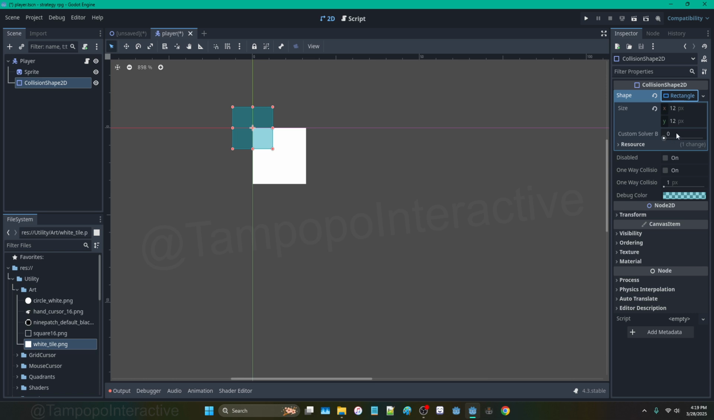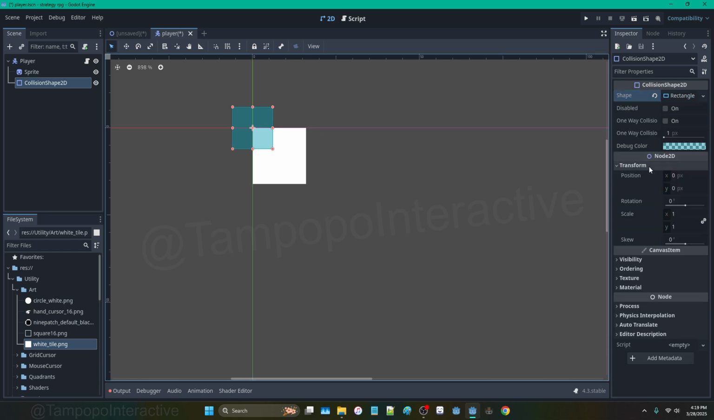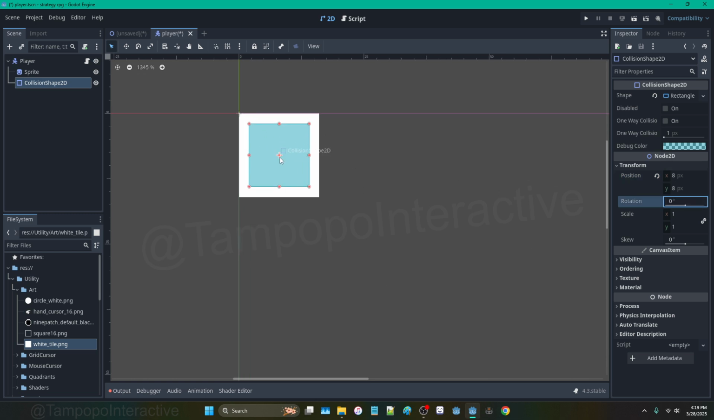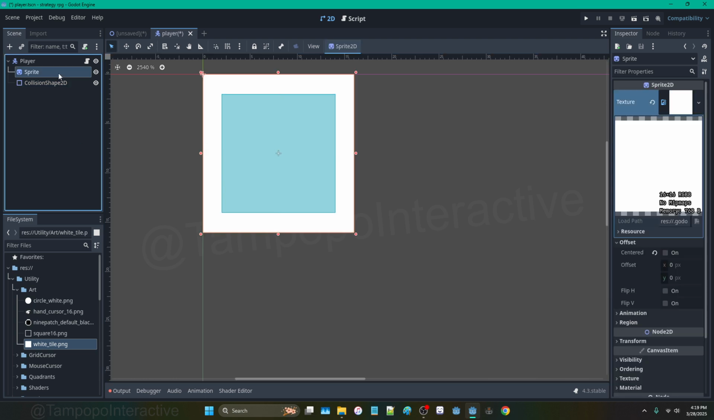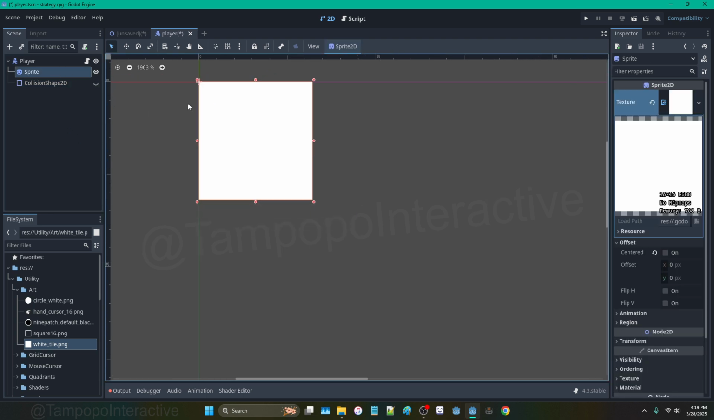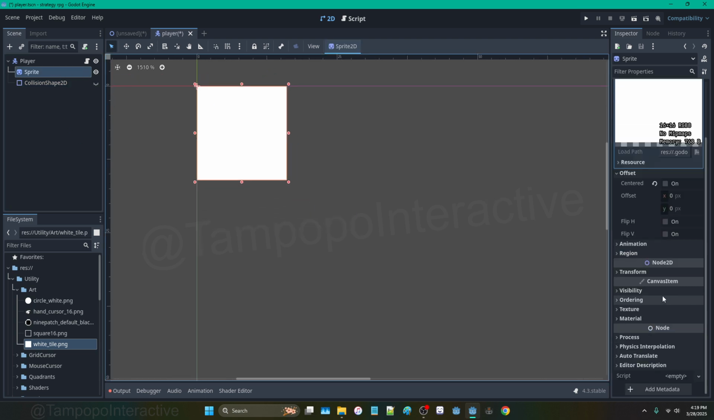So, collision shape, I resized it so that it's a little bit smaller. What I want to do is then offset it to the middle of the sprite, which is going to be 8, 8. That means the center point, that's where it's drawing. For whatever reason, these are always centered like that. So we have our sprite. I can turn off the collision. The player,